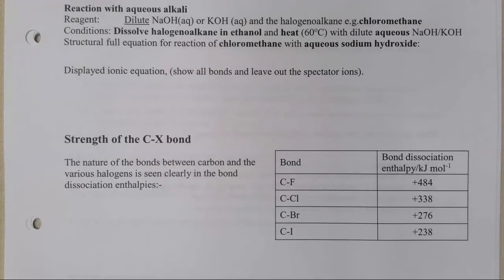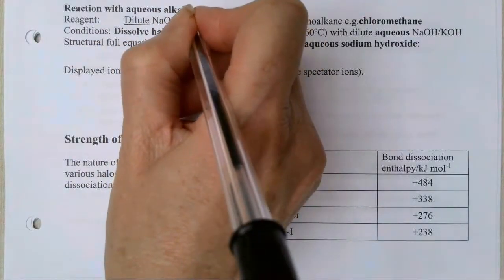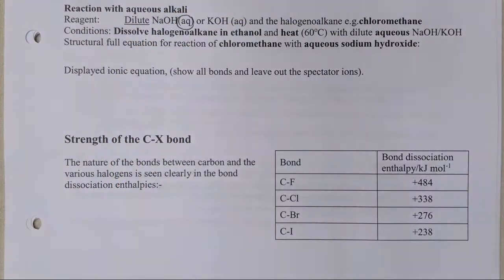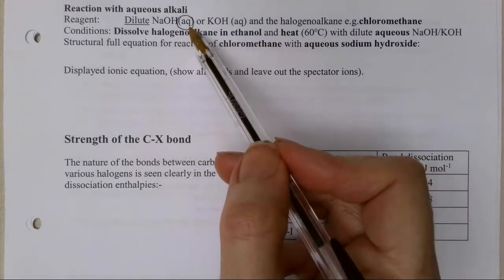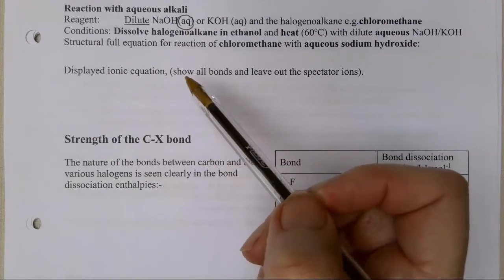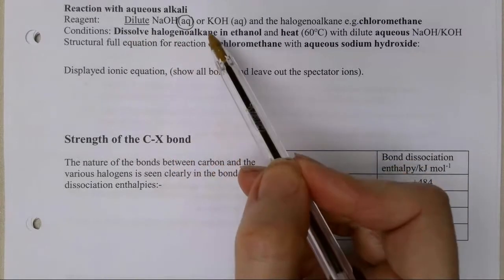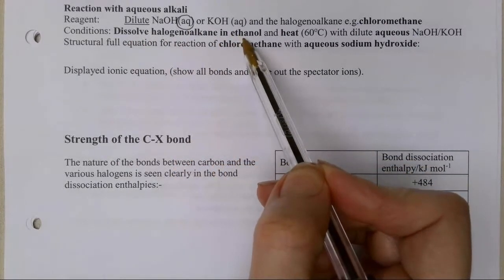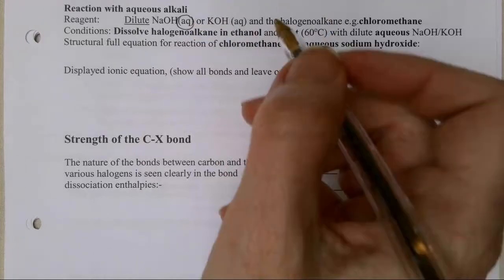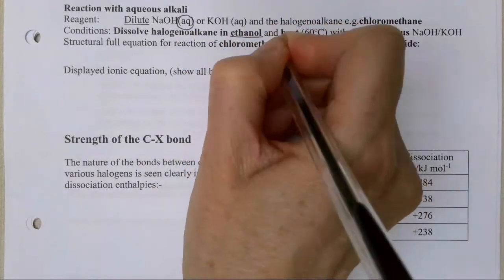So the first reaction we're going to be looking at is the reaction of the halogenoalkanes with dilute aqueous alkali. So that's sodium hydroxide, potassium hydroxide, and a chloroalkane. So it has to be dilute and it has to be aqueous. Okay, that's very important because there's going to be a different reaction if that is not aqueous. So what we're going to do is dissolve our halogenoalkane in ethanol. Then that may sound a bit weird when we're doing the reaction in water, but ethanol is what we call a